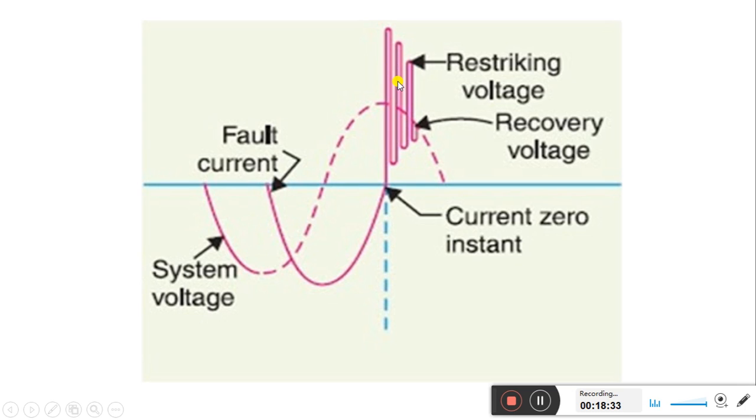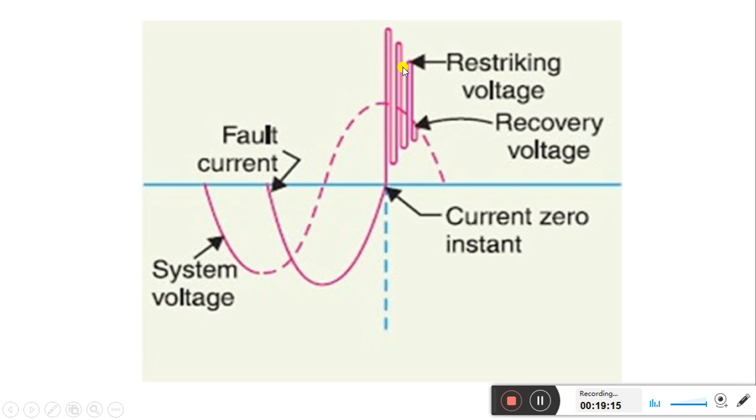waveforms have a very high voltage across the circuit breaker. This is called the restriking voltage. And what we see is that after a few oscillations, this voltage again becomes the normal voltage, that is, the system voltage. So up to this point this is a normal voltage, and here also this is a normal voltage. But when the fault current reaches the zero position, suddenly this voltage develops a very high value because of the high frequency oscillation developed across the system.